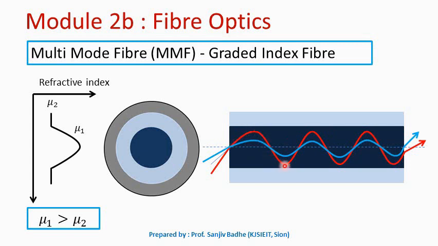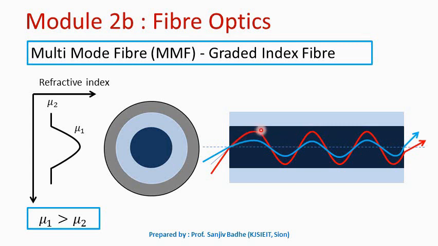Here also you can see the light rays inside the fiber are traveling different distances. This light ray shown in red color is traveling a longer path, but most of the path traveled by this light ray is in the rarer medium away from the axis where the refractive index is less, and that's why the velocity will be higher. So even though the red light ray is traveling a longer path, it is traveling most of its path in the rarer medium with higher velocity, and that is why the light rays will take almost the same amount of time to reach the other end.